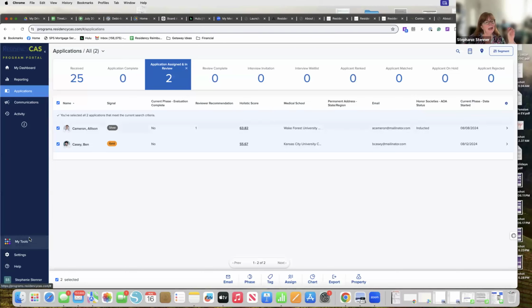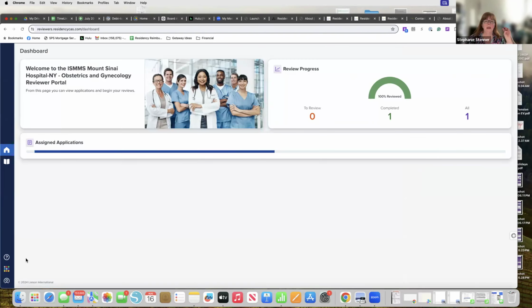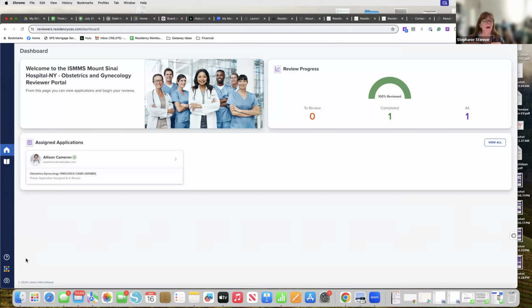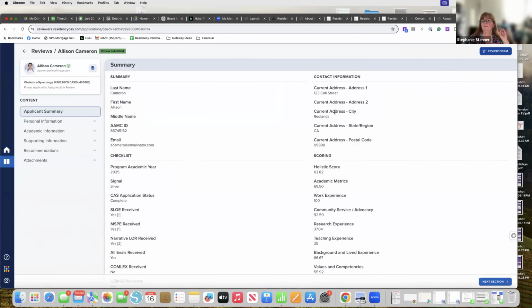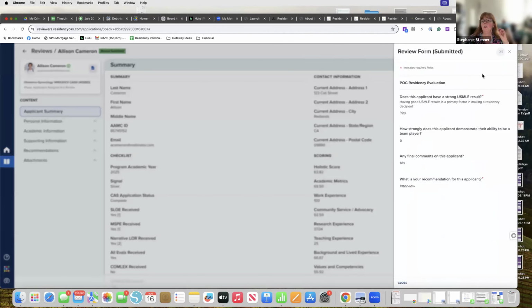So now I can go into my review portal. And this is just my review portal. Whoever has been assigned to me, even though I just assigned those 2 to myself, they're not showing up here yet. It takes a couple of minutes, I think, for some of these things to happen. But I can show you the one that I had already reviewed. Sadly, I can't change the review form. Once the person goes in and submits the review form, they can't change it. And it does give a warning. But there's a little